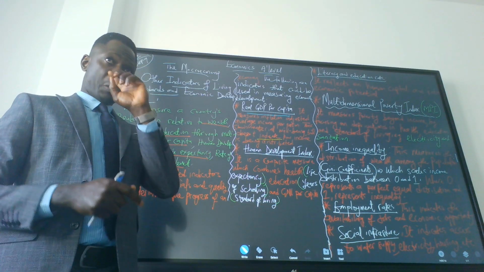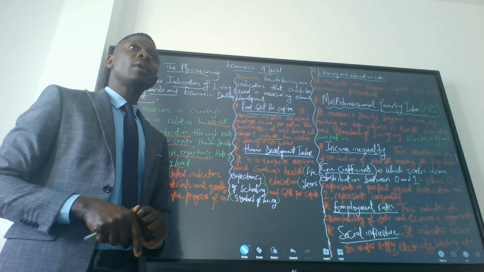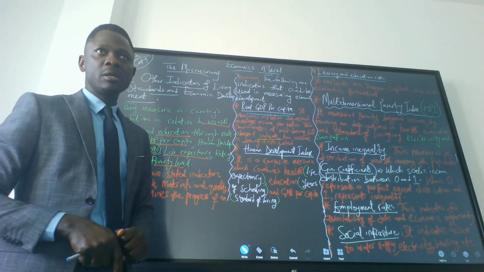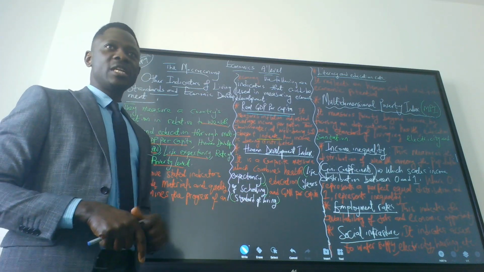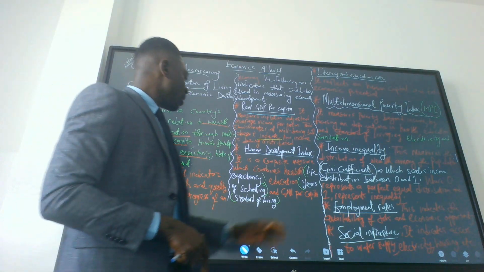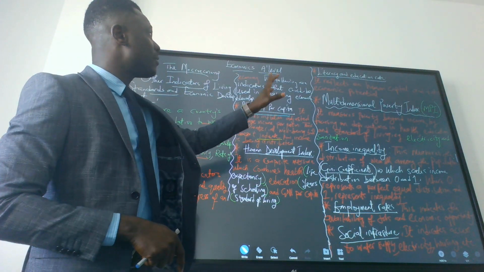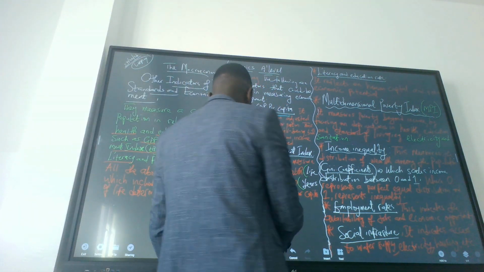Yes? GNI and GDP are the same thing, correct? GNI is taken, you have to take away depreciation from GDP. GDP minus depreciation, that's how you get your GNI. So that's about GNI. Then we have literacy and nutritional rates. For literacy and nutritional rates, it reflects on human